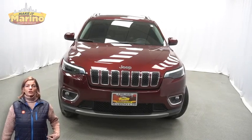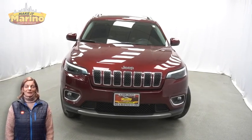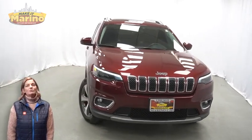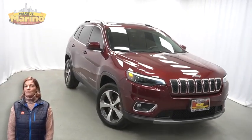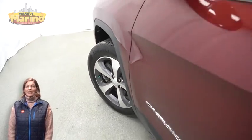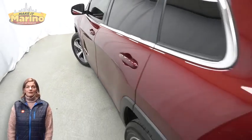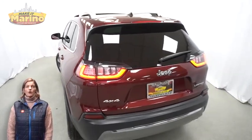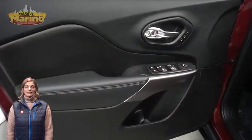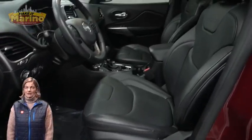If you're looking for a functional, compact SUV with reliability and safety for your whole family, then take a look at this 2020 Jeep Cherokee Limited in Velvet Red Pearl. With HID headlamps, front fog lamps, 18-inch aluminum wheels, bright side roof rails, rear window wiper and washer, heated front seats, heated steering wheel, 26,000 miles on the odometer,